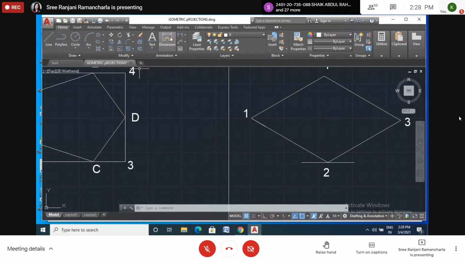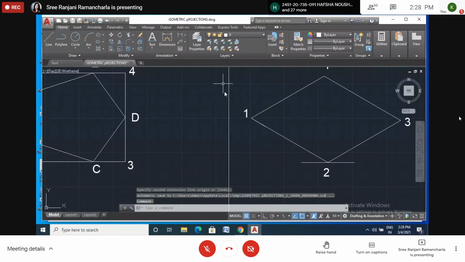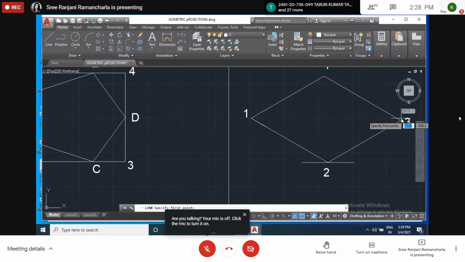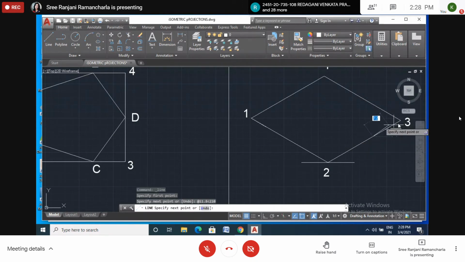Okay, what is this length? 11.8. Okay, I will draw the line 11.8, so from here I'll draw the line 11.8 at the rate less than 210 degrees, 210 degrees, enter. So exactly we got 210 degrees from the center.